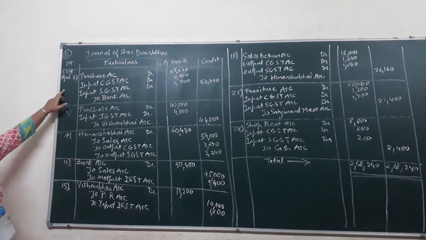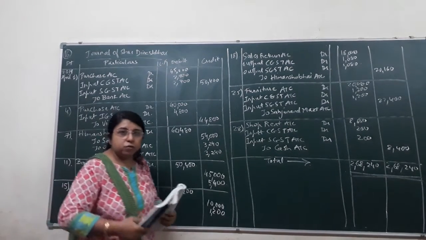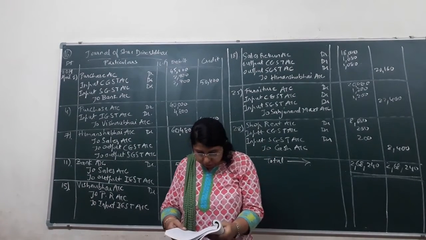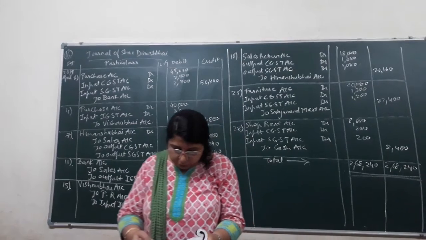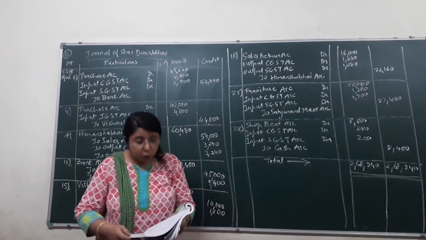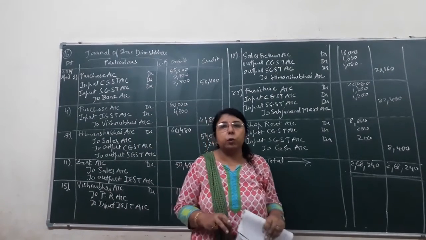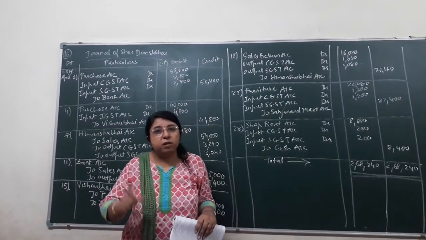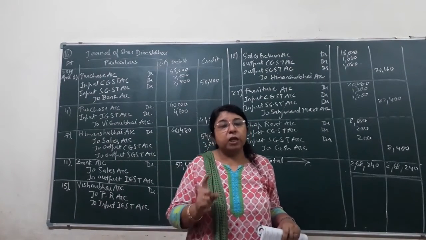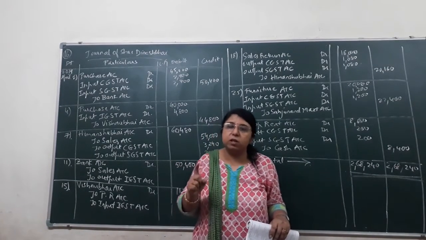Now, after completion of the first entry, let us move on to the next transaction, that is on the fourth date. Goods for rupees 40,000 purchased at 10% cash discount from Vishnu Bhai of Varanasi. Now we have purchased the goods from Vishnu Bhai of Varanasi. It means UP, the state is given in brackets. Okay, it means there is a transaction of interstate supply. So here only one GST rate will be applied, that is IGST, Integrated Goods and Service Tax.